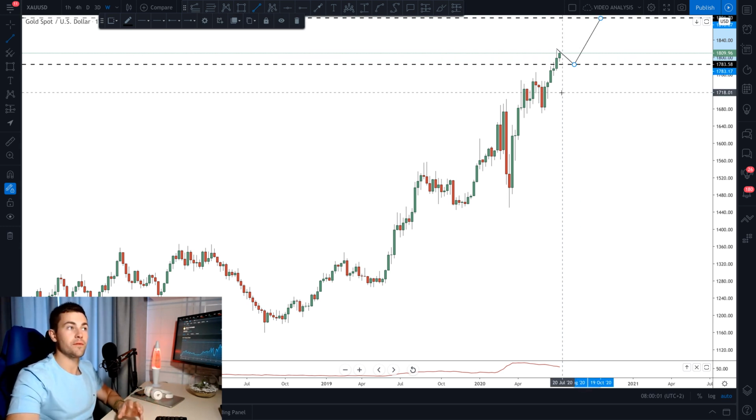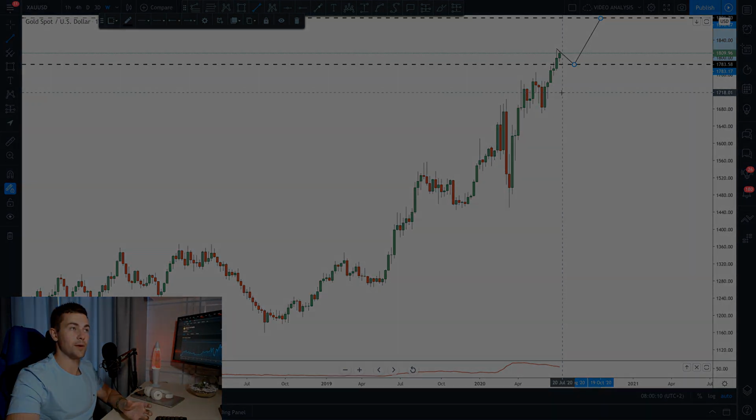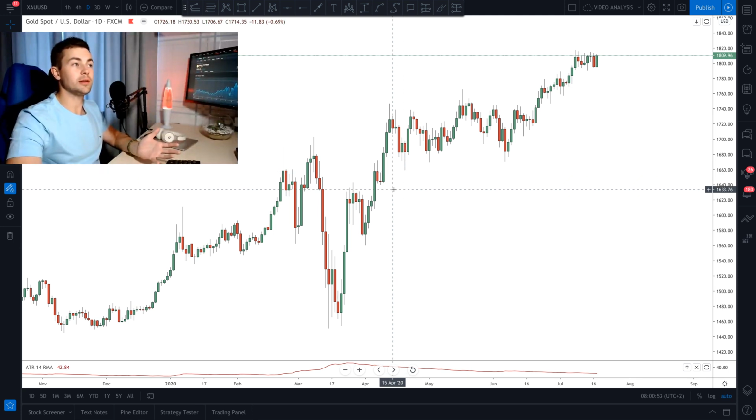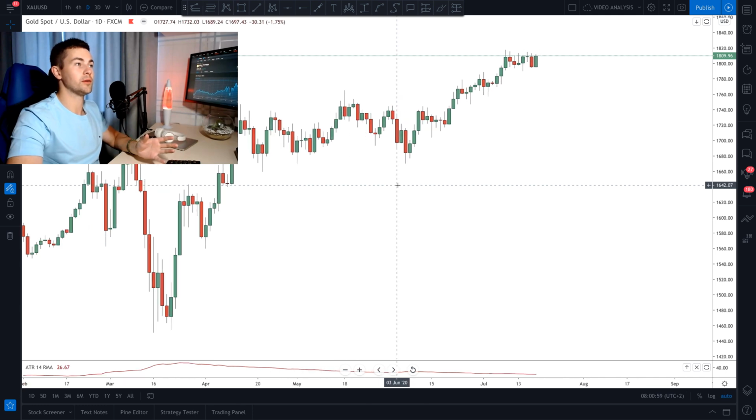So that's just in brief the higher time frame analysis, and now we will start the top down, going down and lower, checking the details on the lower time frames. Now we switch to the daily time frame, and on the daily we just see more details about the price action, and clearly the same picture: the market is just going up. We see the sharp bullish trend and the market going higher.